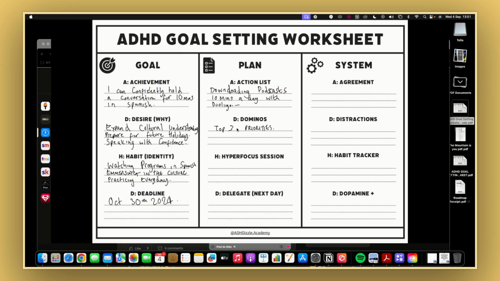But what you're doing is, you might say that your top domino is to download Duolingo, right? Your hyper-focus session will be 25 minutes of doing Duolingo per day. So you put the hyper-focus session into your calendar, a block at, say, 10 o'clock in the morning that you want to do this every day. You put that block in your calendar of choice, whether it's a digital one or a paper one. You add the hyper-focus session which is related to those dominoes, right?